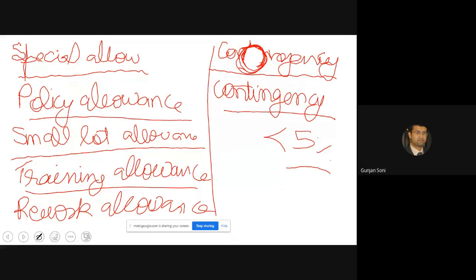Few more things could be added, like power failures or short circuit, or tool breakage, or getting tools from a certain location. It is not that you are not a good worker, but the tools which you have to use for production are located in a different place in the factory. So your time is getting wasted in fetching the tools in the factory. There, this contingency allowance can play a role.